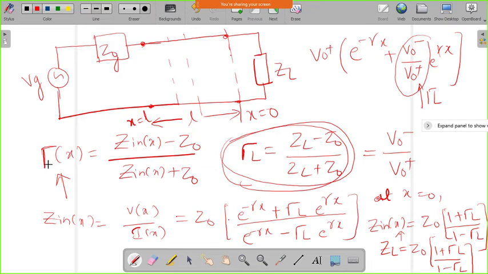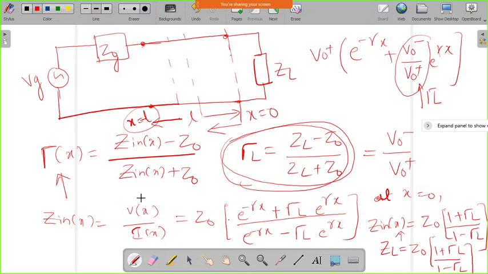Okay. So now, looking at the transmission line from this side, this is at x equal to 0, and since we are moving in the opposite direction, we can take this as x equal to minus L. Generally we move from the source to the load end, that is from 0 to L. Now if I move from the load end, I can take it as x equal to minus L.